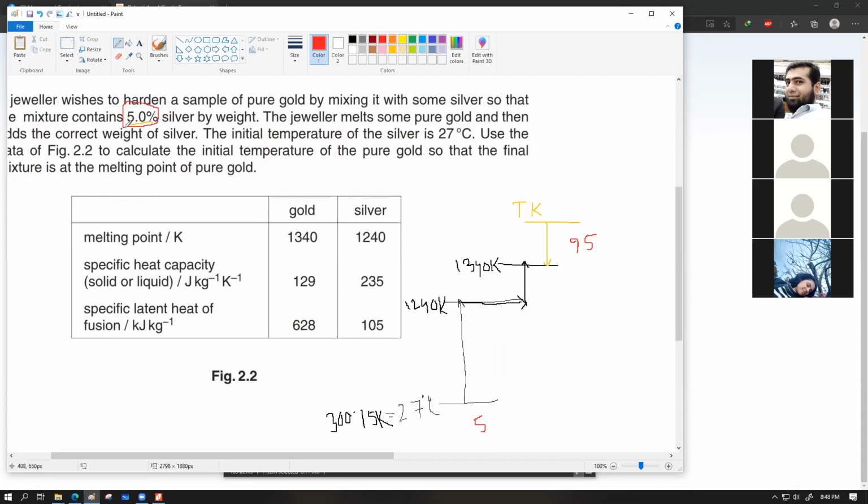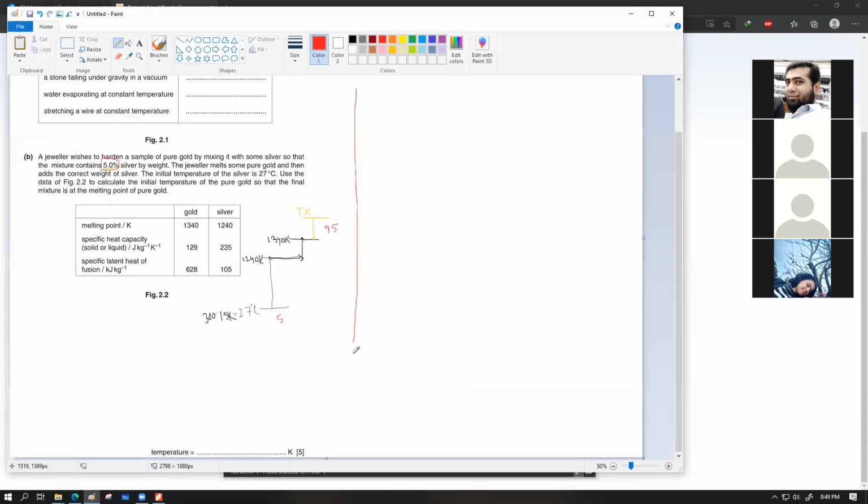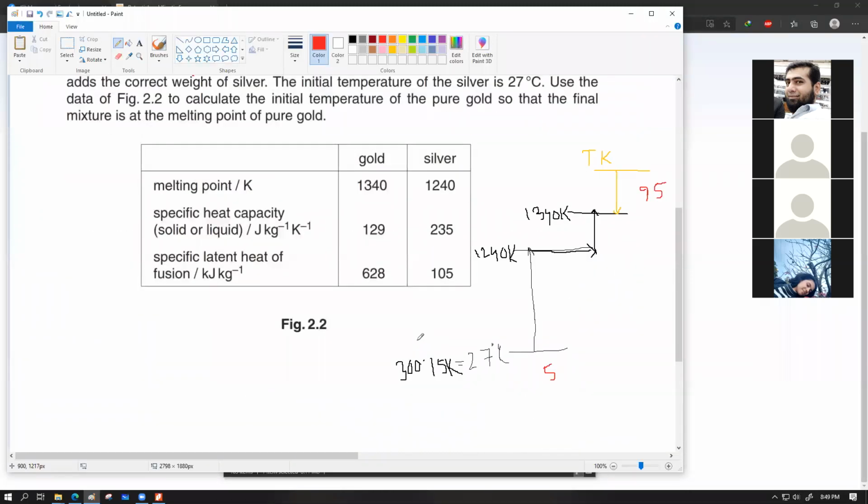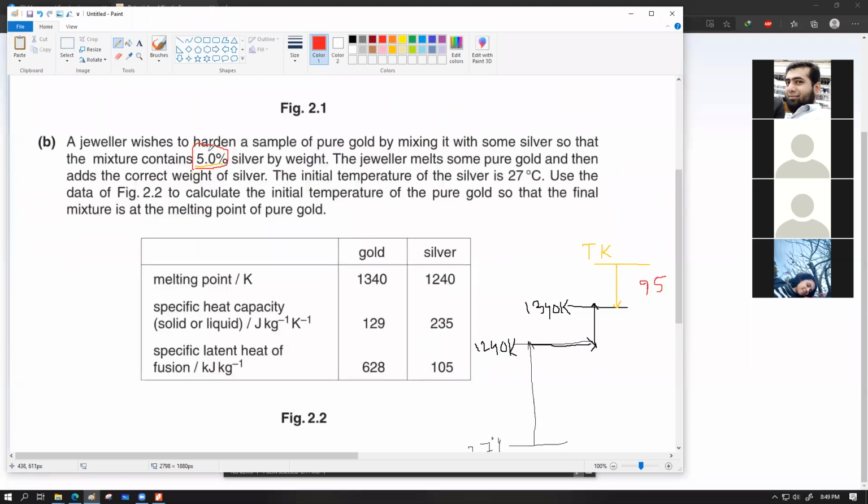Is this manipulation understandable? Where did this 95 and 5 come from? Yes, sir. We're going to need these two pieces of information. Other than that, we cannot do the math, because for all our heat calculation, mass is an important factor. Sir, why did you put 95% on top? Because this was supposed to be gold and this was supposed to be silver. Silver is supposed to be 5% of the total weight. This yellowish thing I'm trying to represent as gold. This black thing I'm trying to represent as silver. But sir, initially was it 100%? Okay, since we add the two at the end, so different.